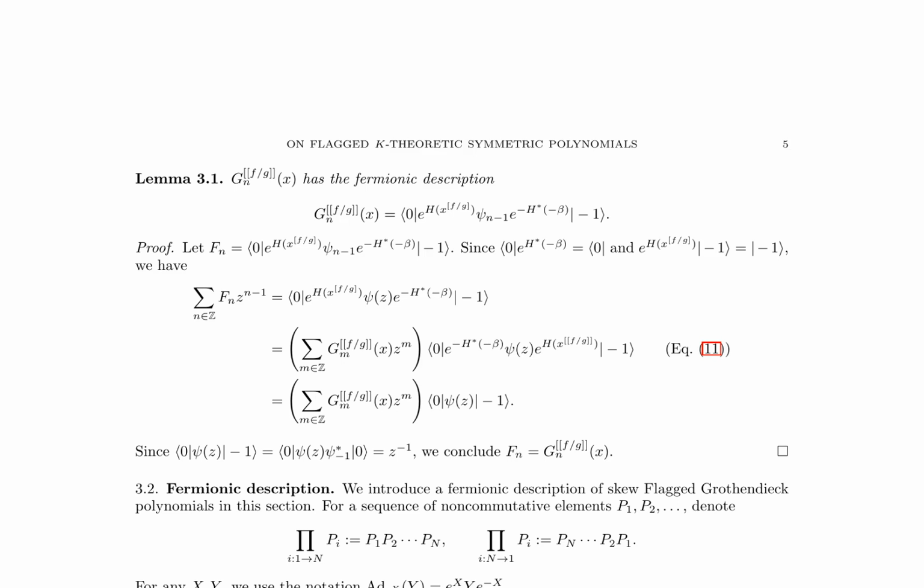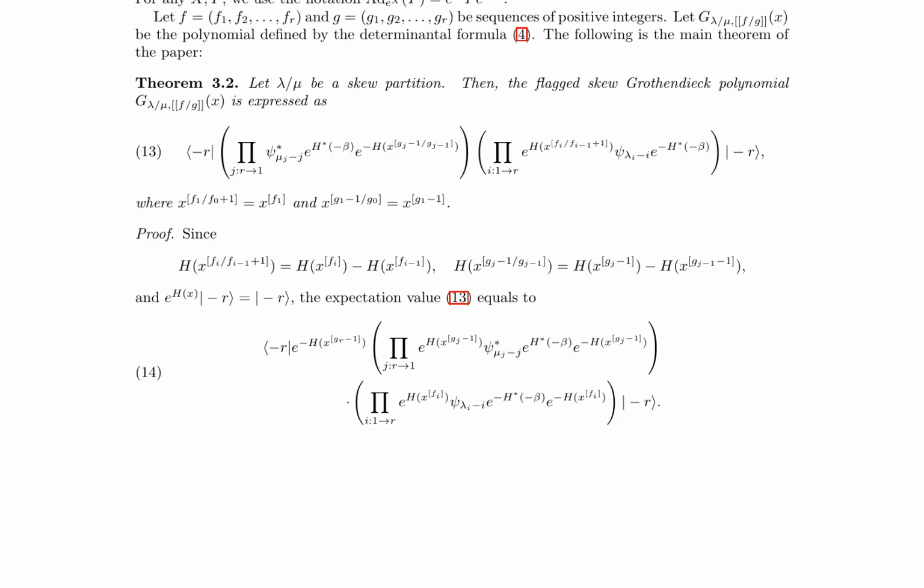The main theorem, Theorem 3.2, provides a detailed expression for the flagged skew Grothendieck polynomial g_{λ/μ}^{(f)}(x) in terms of fermionic expectation values, involving the use of two types of operators, a and b, defined in terms of input variables z and w_j. These operators are used to calculate the determinant of a matrix, representing the flagged skew Grothendieck polynomial, as shown in